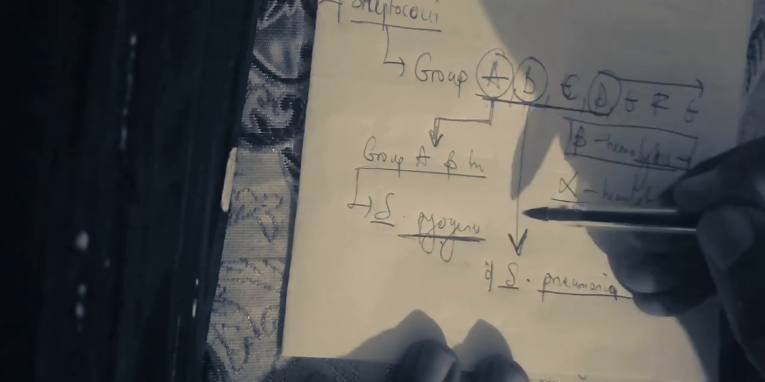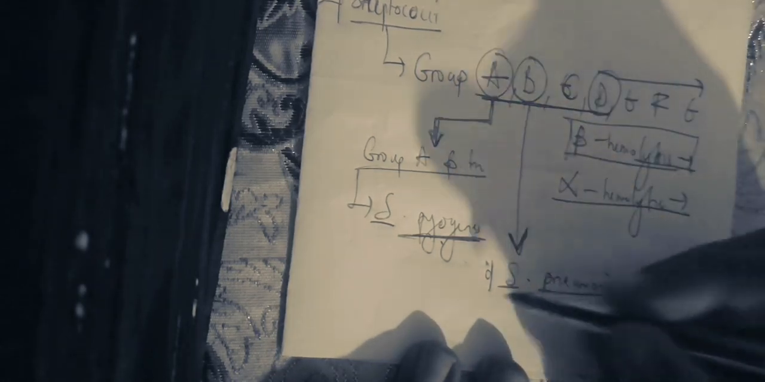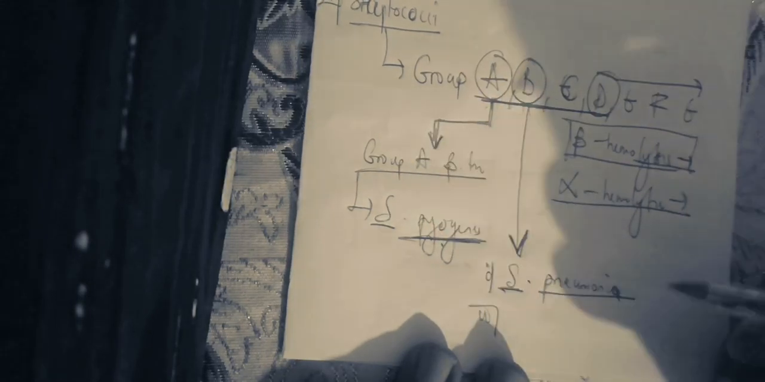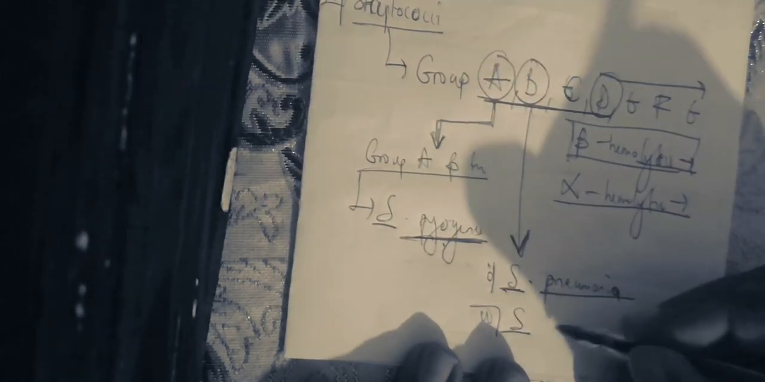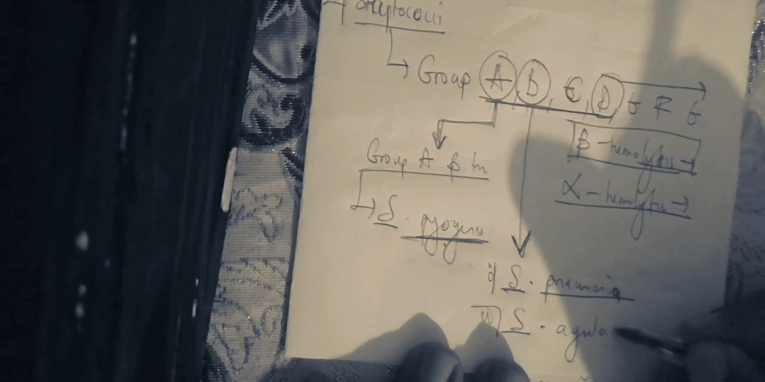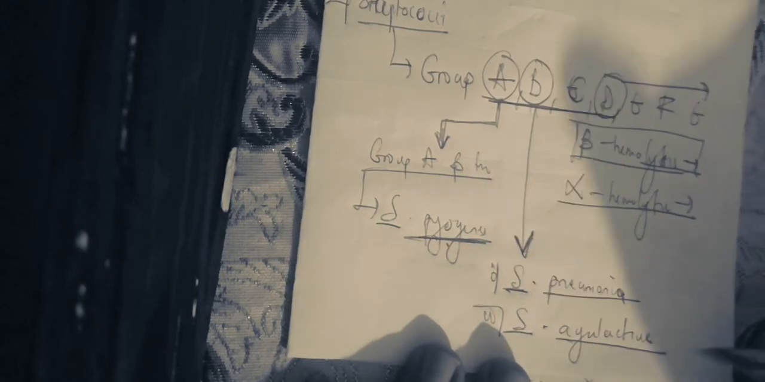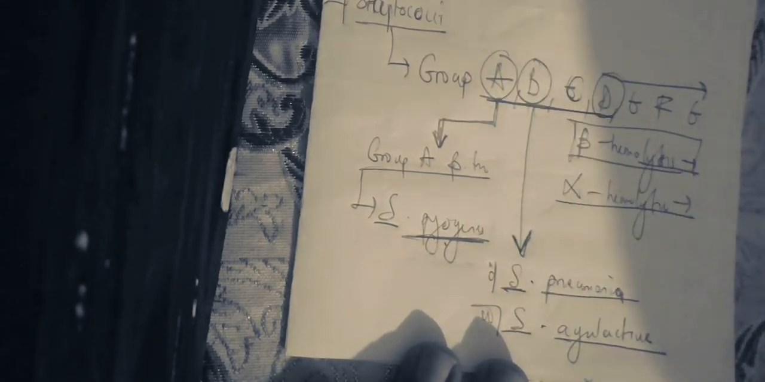Now let's go to group B streptococcus. In group B streptococcus, you have Streptococcus pneumoniae. The second one is Streptococcus agalactiae. Is it clear? Agalactiae. Now Streptococcus agalactiae is the most important one involved